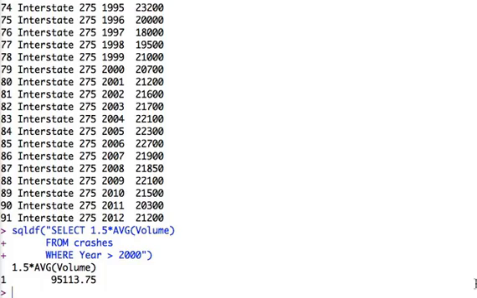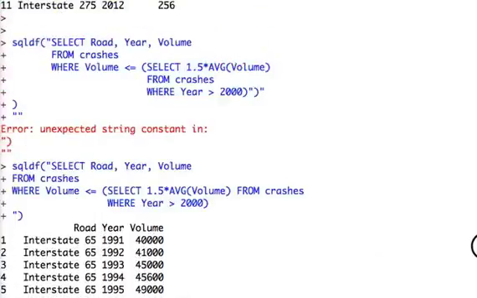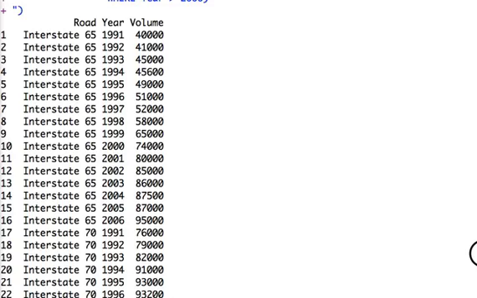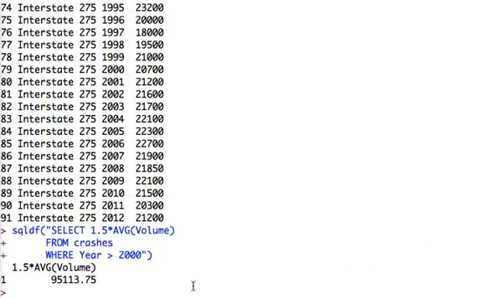So 95,113. Okay, less than or equal to 95,113. It's probably a pretty high number, probably not kicking out many values. Okay, I could have counted them actually too, but I won't. So select. So up here I could put counts of things if I want. All right. So just to end this in a reasonable amount of time,